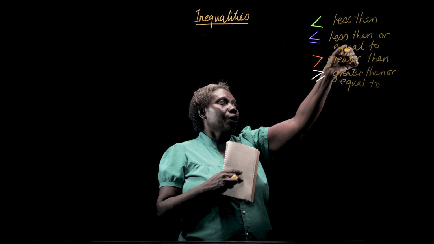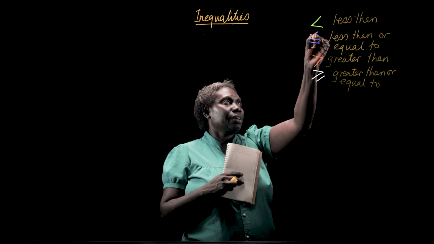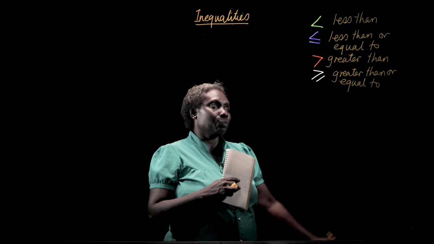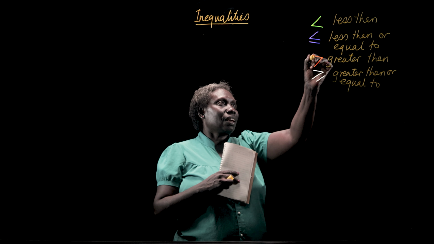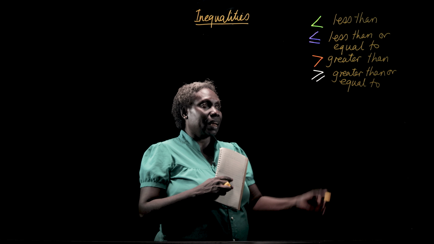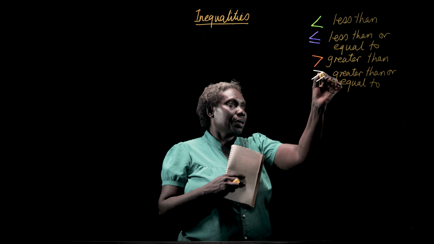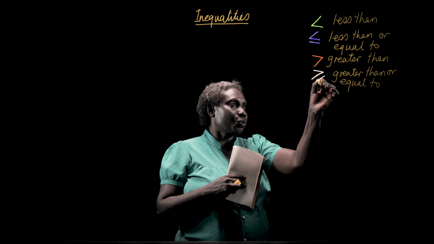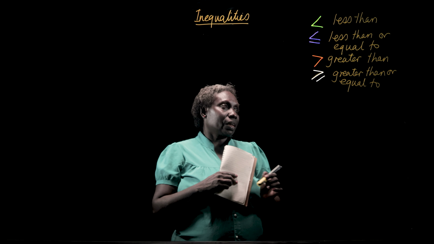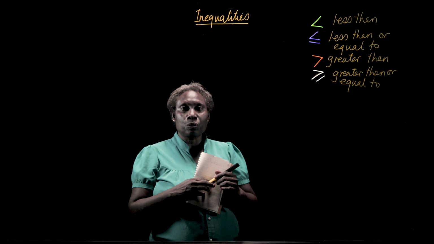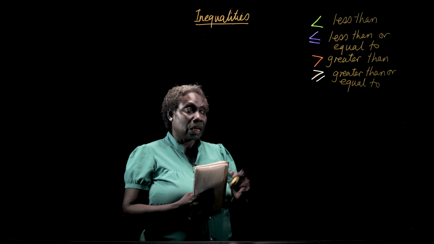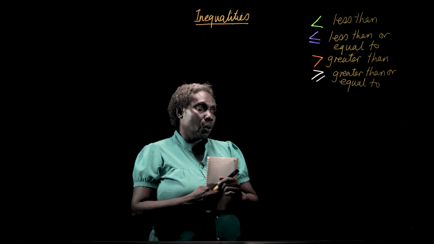With less than or equal to, we have a V which is facing the right with a stroke underneath the V symbol. With greater than, it is an inverted V which is facing the left. For greater than or equal to, we have a stroke underneath the V that is facing the left. These are the inequality symbols we use to compare expressions. We are going to look at how we can solve